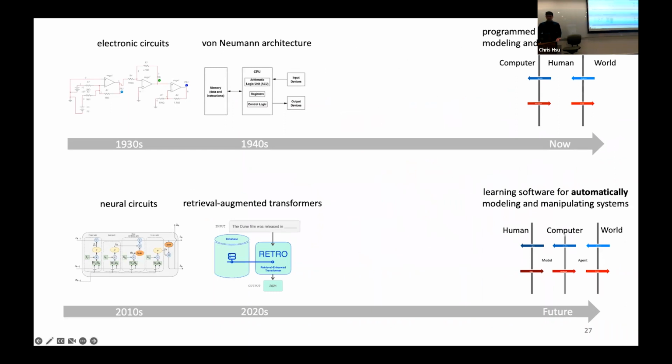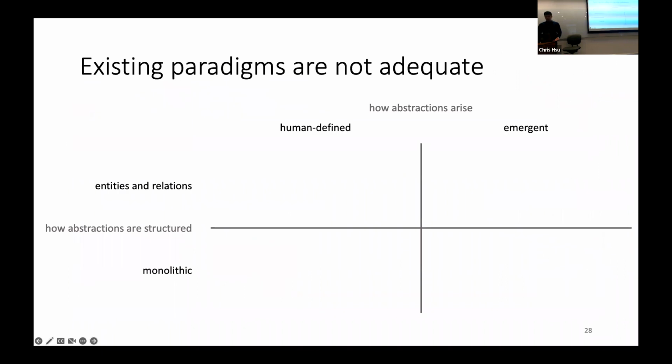So electronic circuits are to neural circuits as manually manipulating systems are to automatically modeling and manipulating systems. To manually model and manipulate systems, humans invented tools for abstracting the world into entities and relations. But if we want to automatically model and manipulate systems, the two major paradigms in deep learning today are inadequate